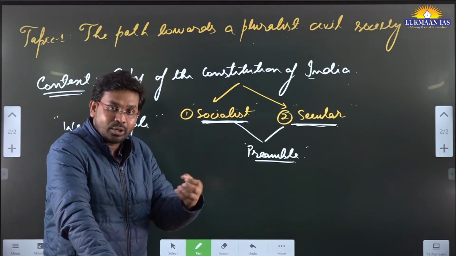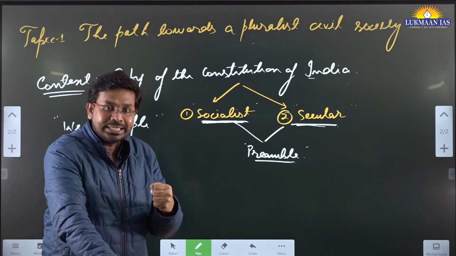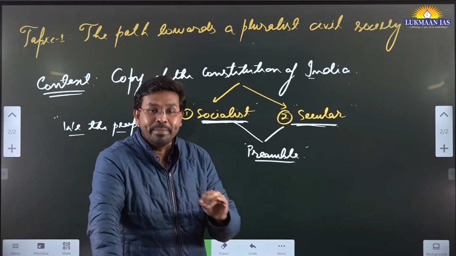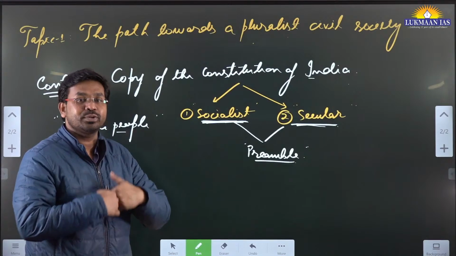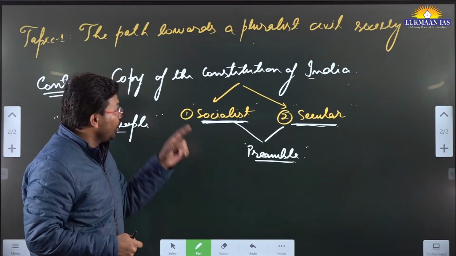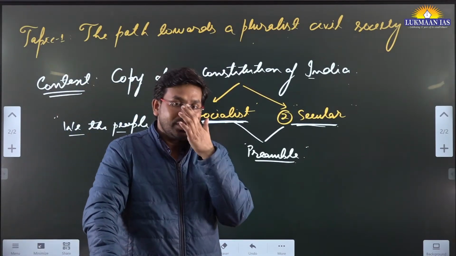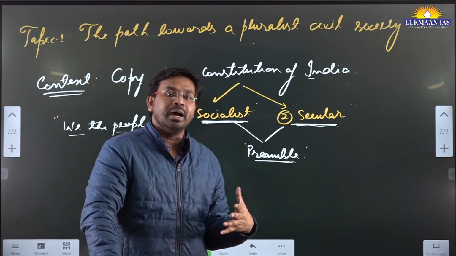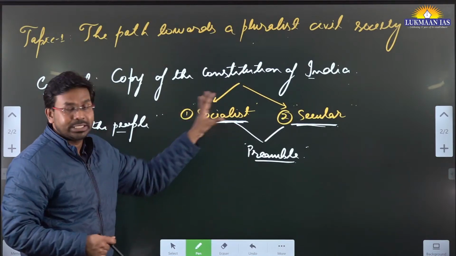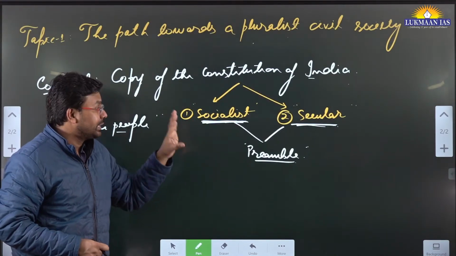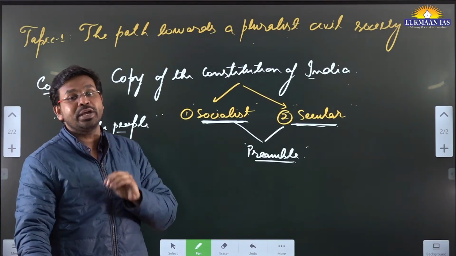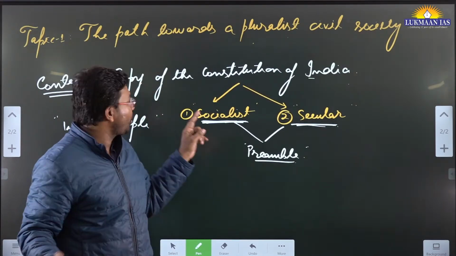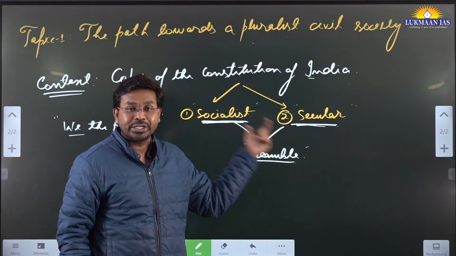So Indian polity, or India as a state, has been seen as a secular state and a socialist state, but these two keywords have been omitted from the copy of the constitution book that was distributed among the members of parliament. So this has created a kind of rift between the ruling party and the opposition party. There was opposition to the removal of these two keywords from the constitution. This has not been removed by way of amendment from the constitution. Only the copies that were distributed did not have the socialist and secular keywords mentioned in the preamble.